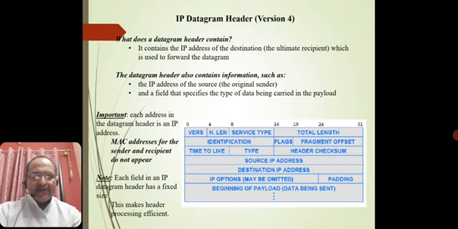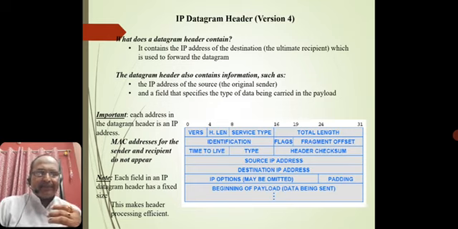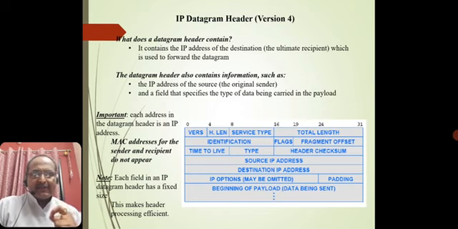The datagram header also contains information such as the IP address of the source, where exactly the data is initiated. This is called the original sender, and it is always the from address.